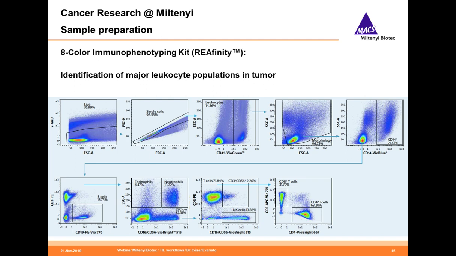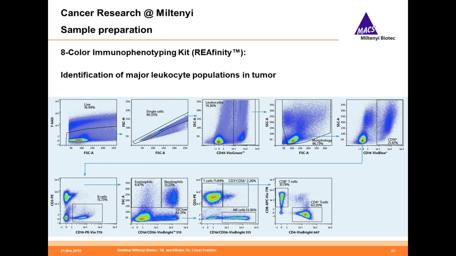We can then identify CD14 positive macrophages, and from the CD14 low population, we plot CD19 versus CD3 to identify B cells. From the non-B cell gate, we plot CD16 and CD56 in the same channel against side scatter to identify neutrophils and eosinophils. From the side scatter low gate, we plot CD16 and CD56 against CD3 to identify NK cells,